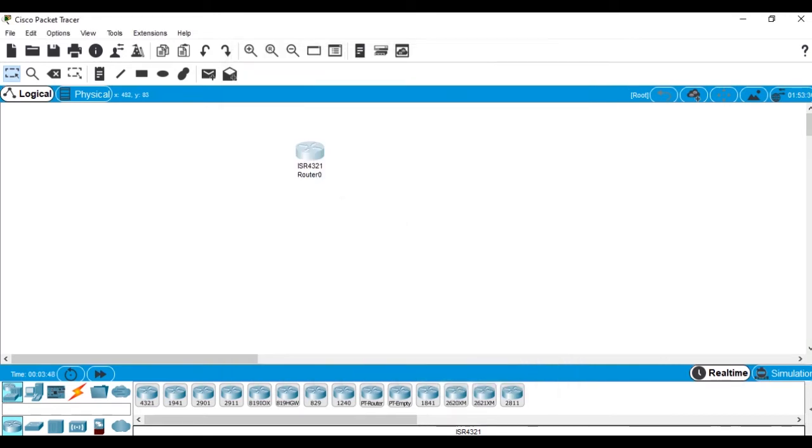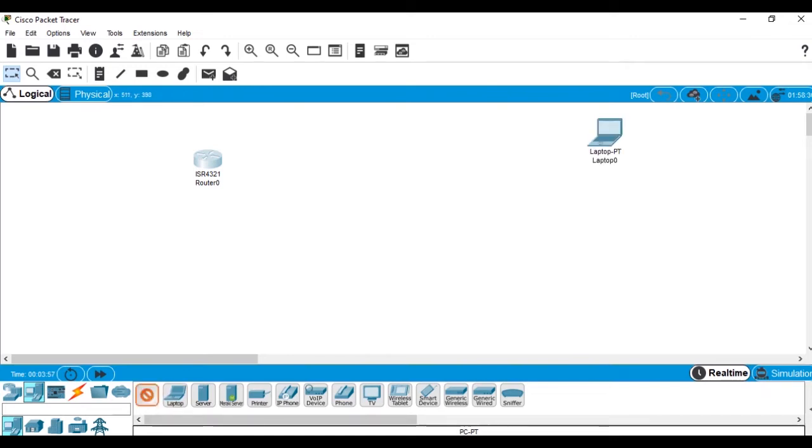So we need some clients also so that they will acquire the IP address. So we'll take some PCs and laptops. We'll take one PC, we'll take one laptop, and you can see that we will take one more laptop and one more PC over here. So we'll connect these systems so that they will acquire the IP address from DHCP, which will be configured in the router. So we'll make the connectivity.